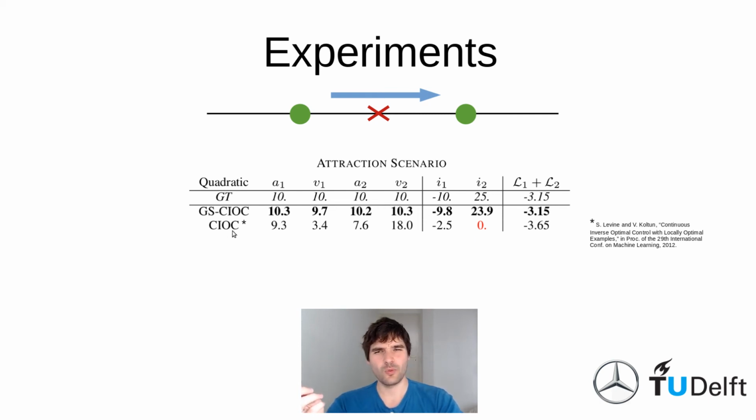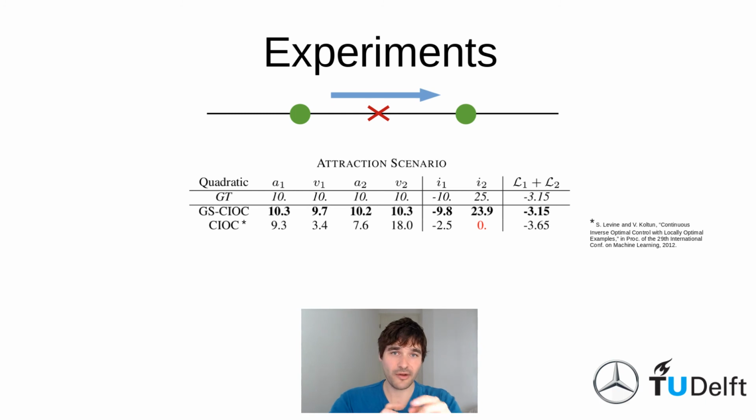Now you may wonder, why even use that as a baseline? Well, because a couple of papers already use this to describe interactions, and it is a reasonable thing to do. A lot of interactions in traffic scenarios are rather simple. For example, I go 50 kilometers an hour along a street with a car, and 10 meters in front of me there's a pedestrian walking to a curbside. The pedestrian is aware of me. What is going to happen? Well, it's not very complicated. The pedestrian is just going to stop, right? So there's a collision reward. The pedestrian doesn't want to get hit, but it's not a complex interaction. So for this type of scenario, you can absolutely use these single agent inverse reinforcement learning algorithms.